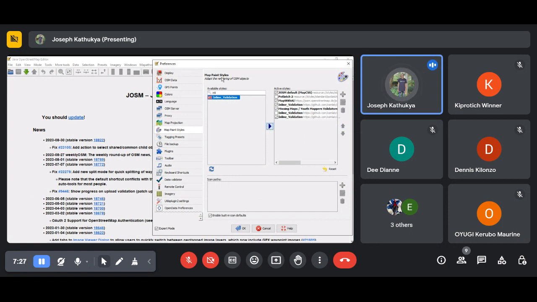What map paint styles do is ensure that the edits you are making, for example if you have made some errors, maybe some buildings are overlapping or some buildings are sharing nodes, those errors are flagged before you upload to the OSM server. Maybe I can show an example when trying to do some edits. Since I have already set up my JOSM account and everything is okay, maybe we can go to Tasking Manager and show you how you can